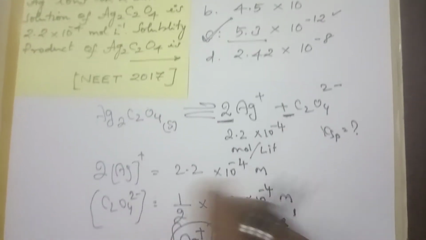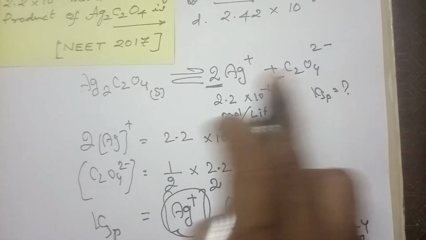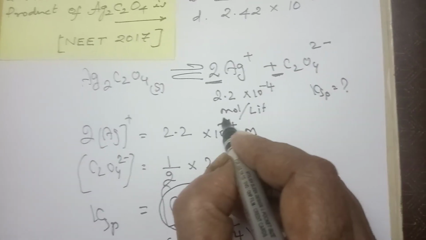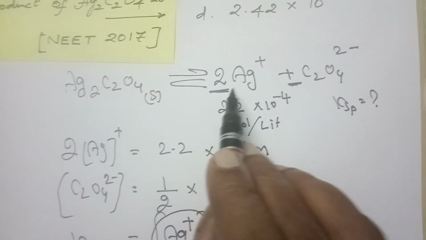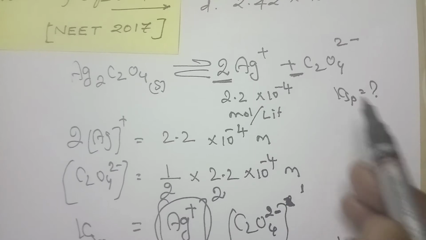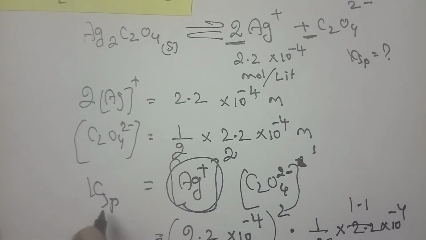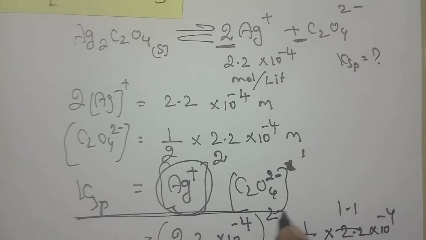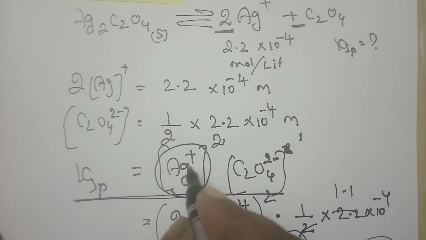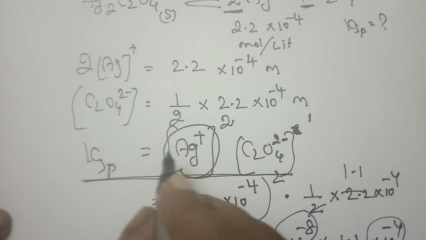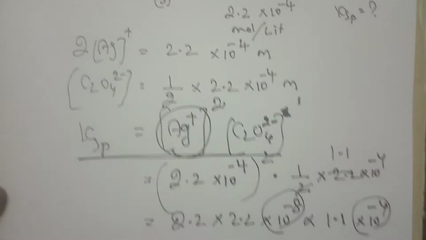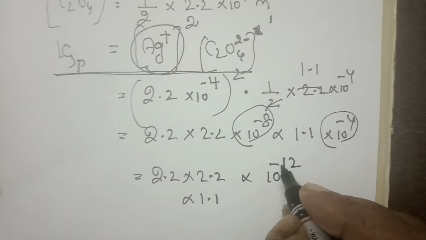So again I am repeating the points. First write the equilibrium, then the concentration of the silver ion is written. Whatever concentration is given is applicable for the stoichiometry of 2. From that I am bringing the concentration of 1 oxalate based on the stoichiometry. The main formula: solubility product is equal to the product of ionic concentrations. So here the stoichiometry should be written. Here you need not write the 2 again, because with the 2 only it is given in the sum. With that we are proceeding. Here we can eliminate by finding out the powers. Go and find out.